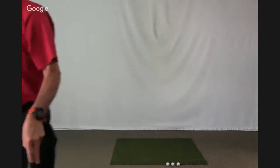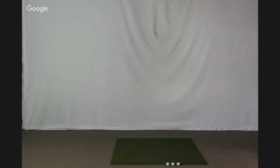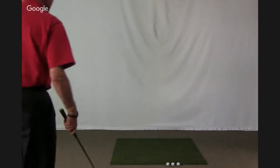All right, next question. This one was from Charles. How do you keep the shoulders from dipping in the downswing? It looks like good players drop into their swings, but still maintain the head in the original circle. All right, so